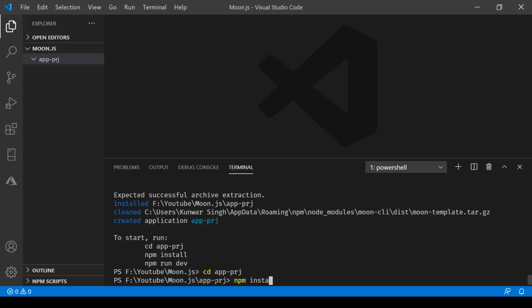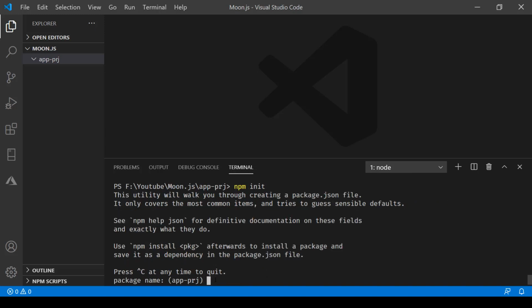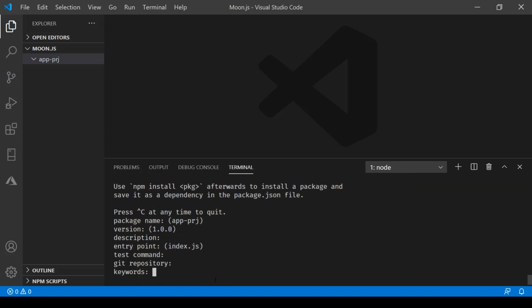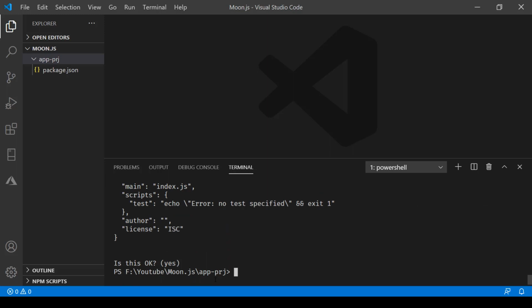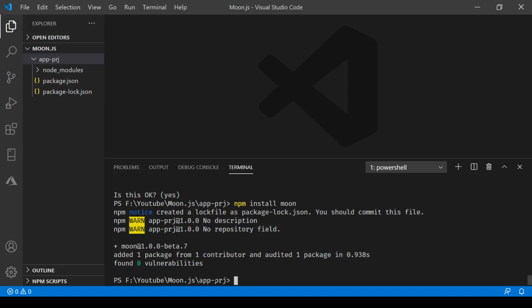Once we are inside that directory, the next thing that we need to do is install Moon View language. So we'll say npm install moon, press enter. Now before doing this, I would recommend to create a package.json file. So let's go ahead and do that, npm init, and let's stick to defaults now. And once we have our package.json file, the next thing that we need to do is say npm install moon. So this is the Moon View language that we are installing, and after that we'll also be installing the Moon compiler. So we'll say npm install moon-compiler,